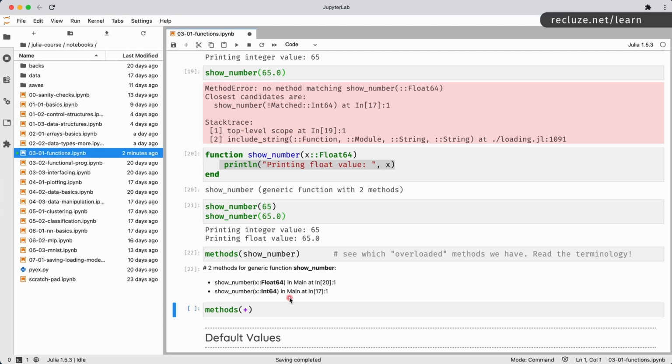If you come from Java or C++ or C or any of the strictly typed languages, you would know what function overloading is. So this comes in very handy when you try to apply a function such as plus on different data types. So for instance, adding two matrices has different logic, adding two vectors has different logic, adding two complex numbers has different logic. So all of these logics you don't have to worry about. All you would do is call the plus function and the methods are going to be automatically matched by Julia.